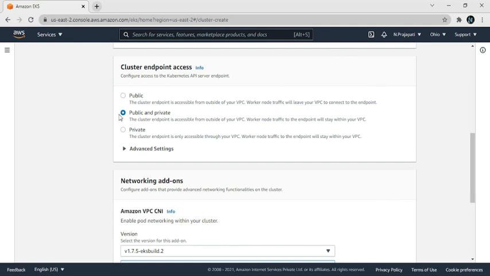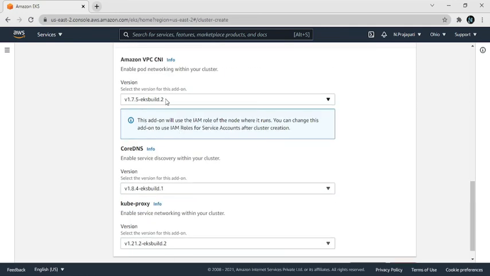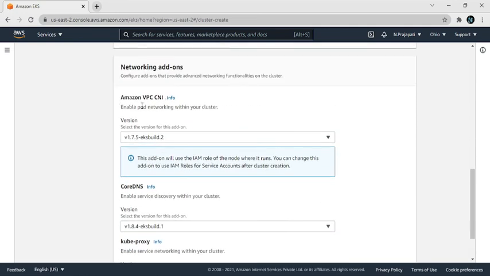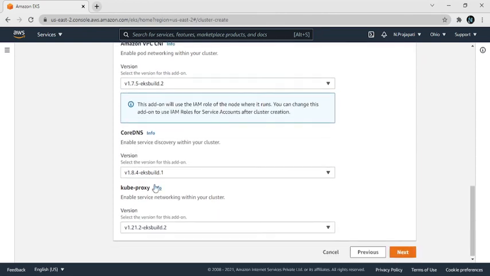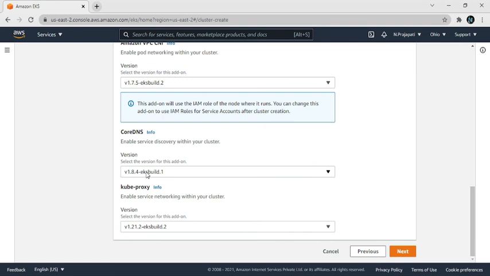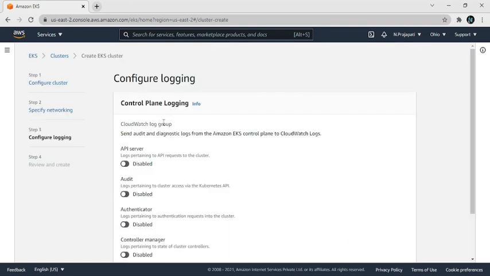So I select public and private, and here is the Amazon VPC CNI version. I select the default version, and for DNS I select the default version.